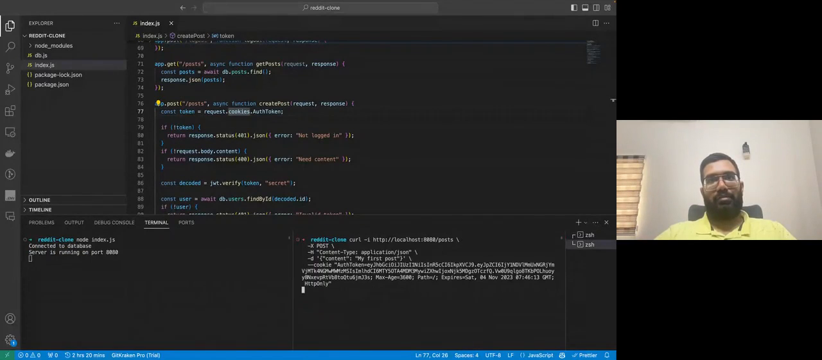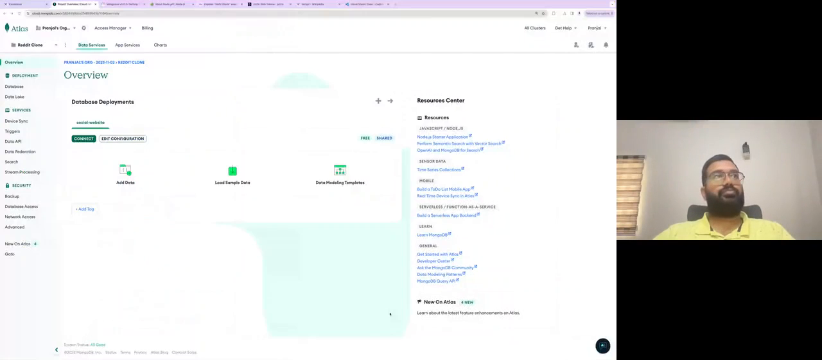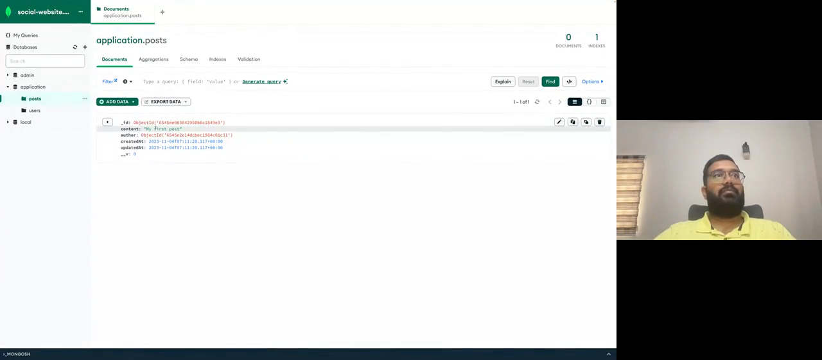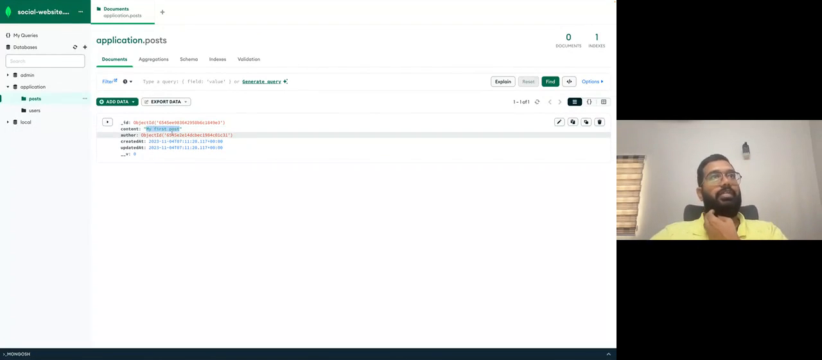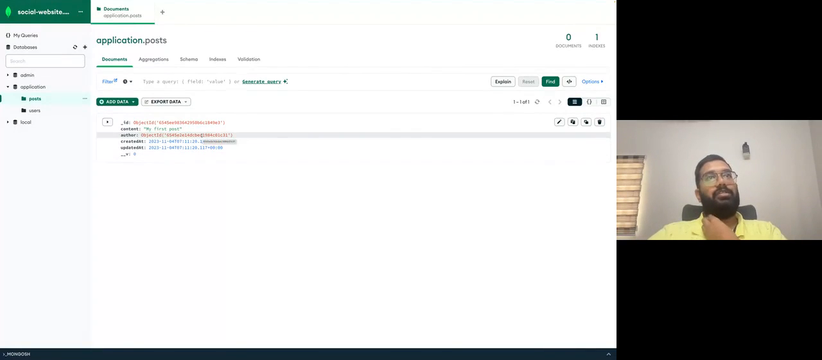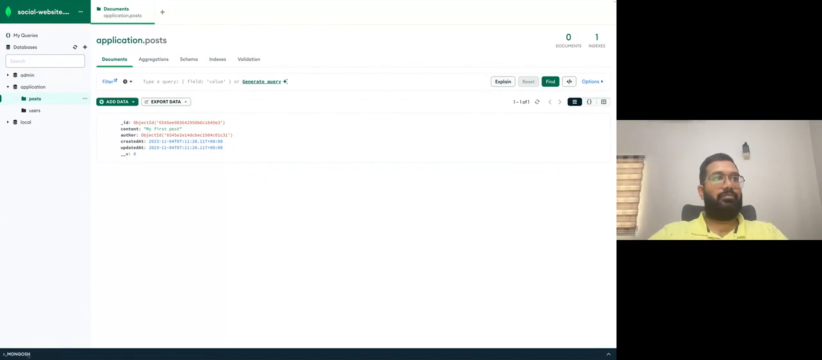So let me restart the server and run this again. So the post was created and I have been given an ID. I can now go to posts and see that my first post has been created, and this author was referenced to an object ID which is this one. Now I can take this object ID and I can see whether